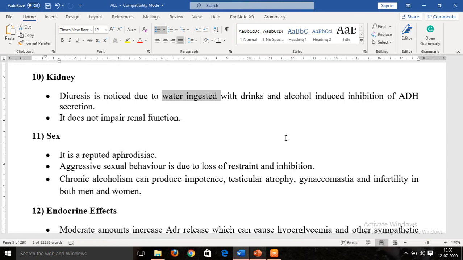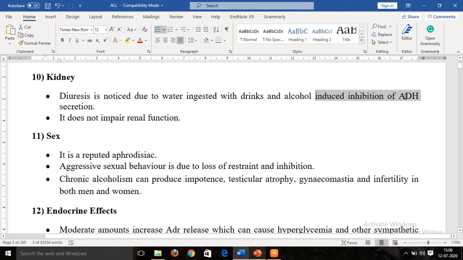Okay, so if an excessive amount of water is ingested, your body will conserve as much water as is required, and the rest of the water is removed from the body by means of urine through the kidneys. Because a lot of water is ingested, urine output will be increased, that is, diuresis will be seen. Another reason why diuresis is seen is that alcohol